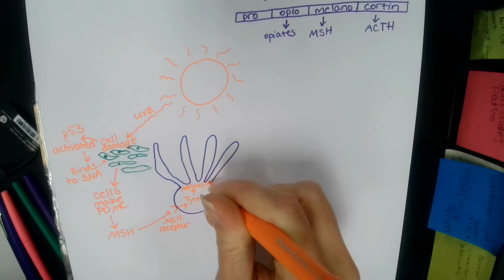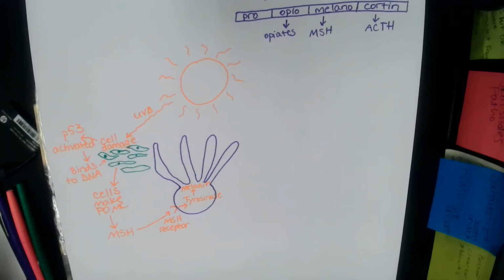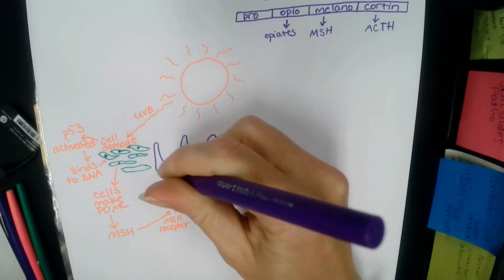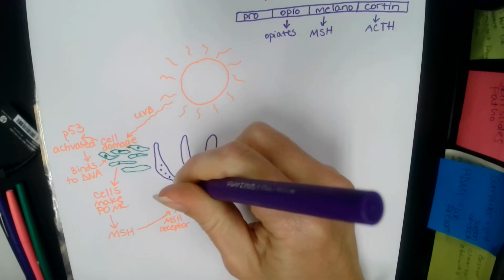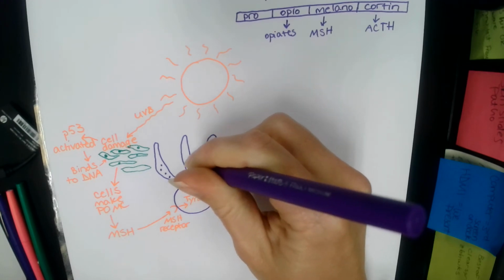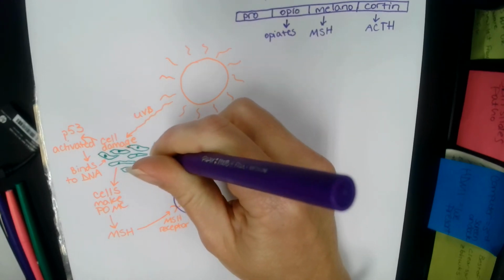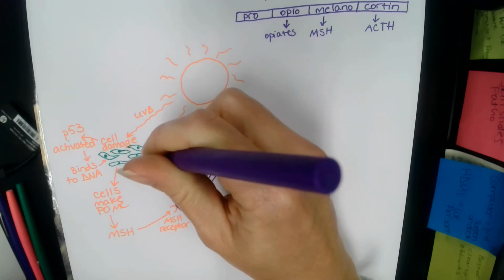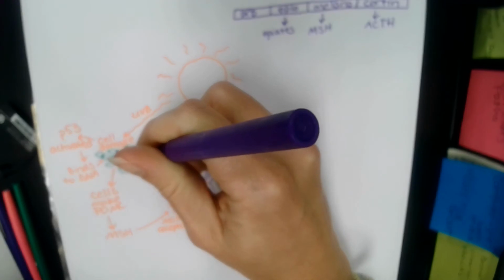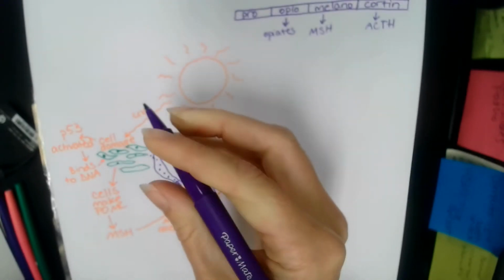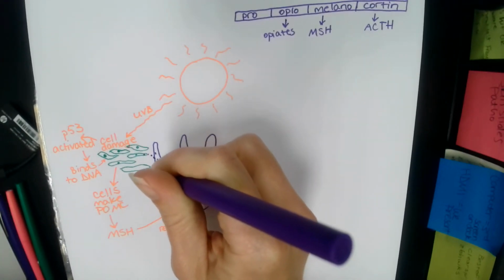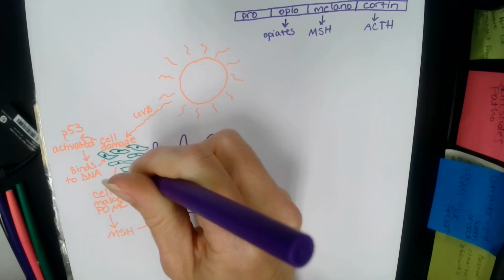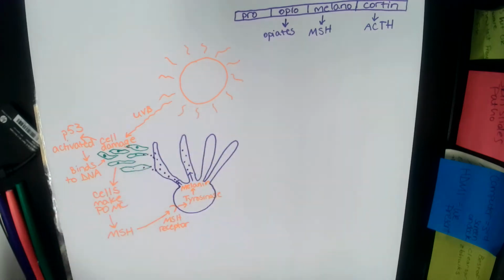Melanin is a pigment, and the melanin pigment actually begins to travel up the dendrites. So I'm going to draw a little arrow here to show it's going up the dendrites, and then it's going to go out from the dendrites to these keratinocytes right here. So we'll imagine, or we'll draw here, that the melanin is going to this keratinocyte, and you have